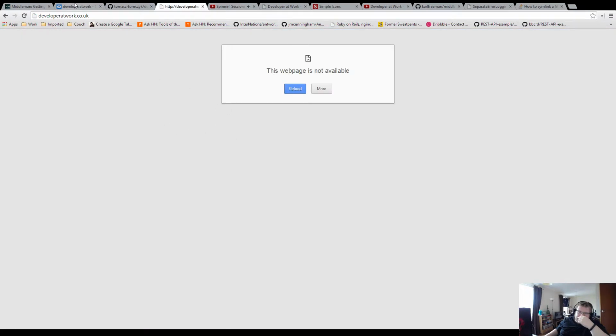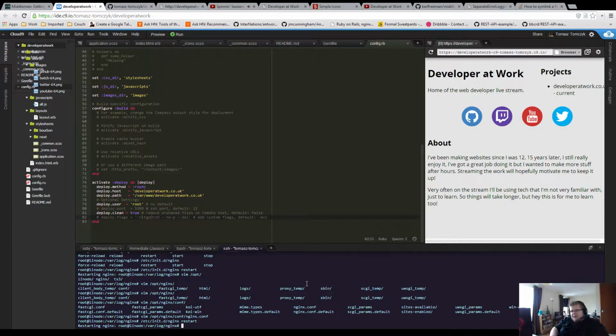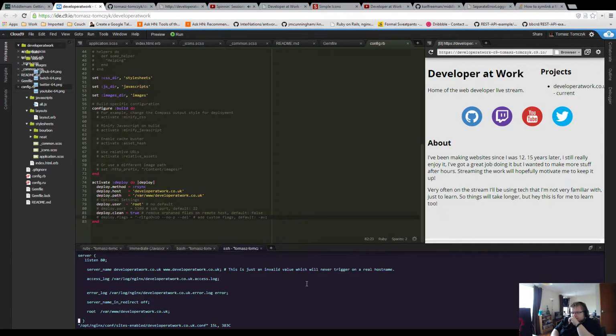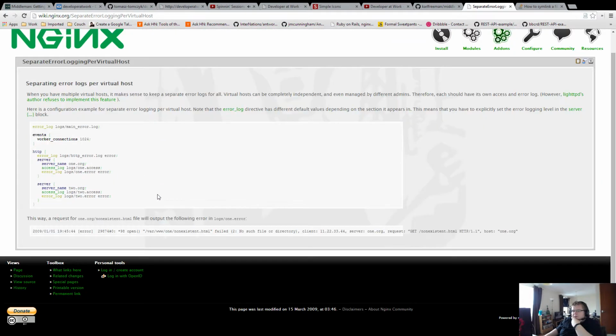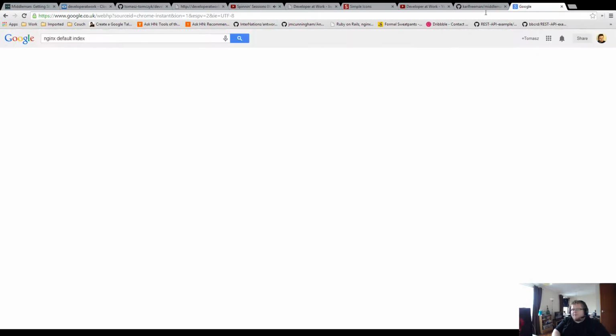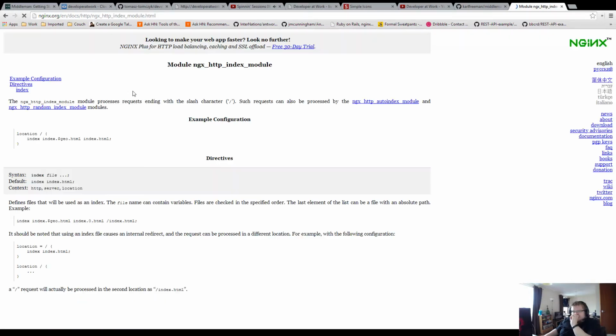Otherwise we wouldn't see that 500 error before, and now this. What's the default? Oh, it doesn't have the default index HTML. I would have thought it would be there by default.